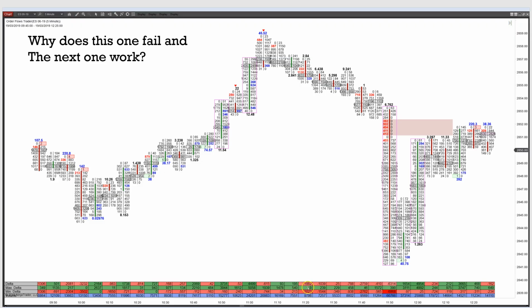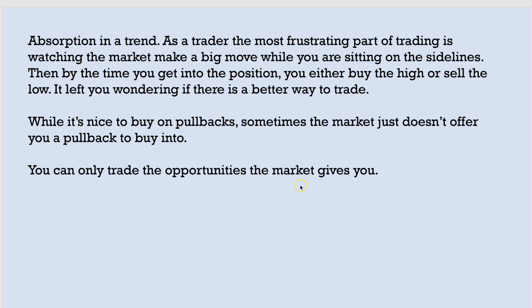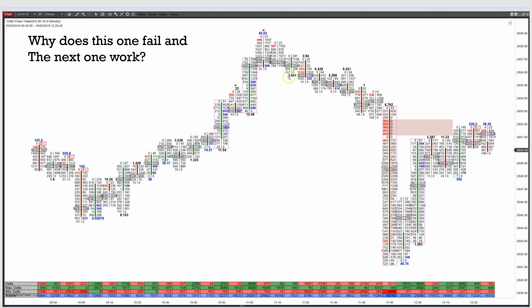This one's kind of mixed. Then big, strong negative delta. You can get to be short. There's absolutely no reason not to be short anywhere in these three bars in here. If you're not convinced of this high, ratio and divergence, and even this next bar, there's plenty of opportunity in these bars, plenty of reasons to be getting short. And then look at that, boom. The bottom just falls out here. The one bar moves from 53 down to 43, a 10-point move in the S&Ps. Boom, it's all right there. That's why I say you can only trade the opportunities the market gives you. The market's giving it to you on a silver platter here.